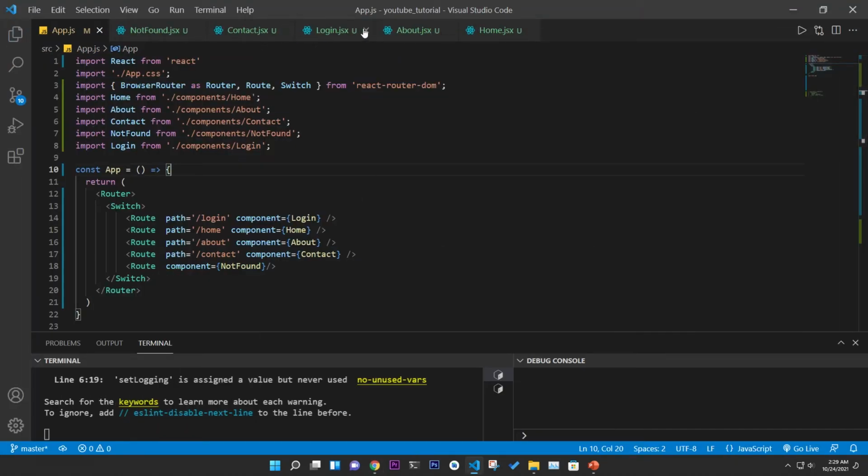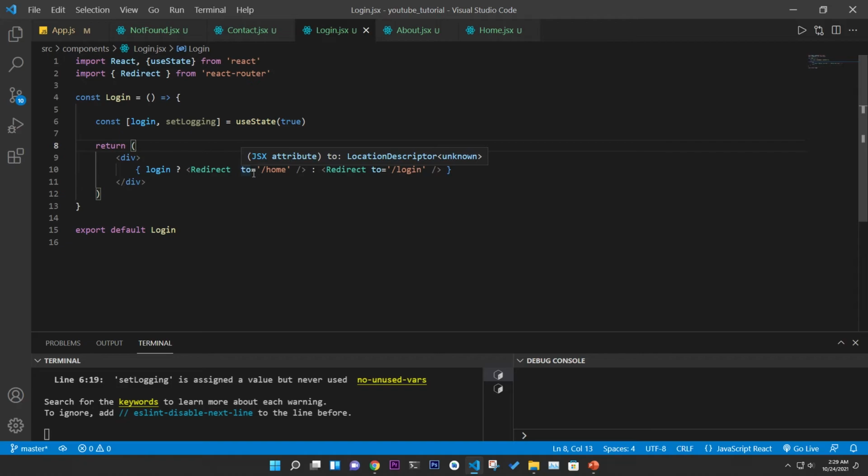So if we go to the login page, as you can see, if we are logged in, if your state login is equal to true, we have to be on the home page. It will not go to the login page at all. So this is very important. Suppose if you are not logged in, suppose if our login is equal to false, then we are going to the login page, because we are not logged in, we need to log in. So if we try to go now to the home page, as you can see,